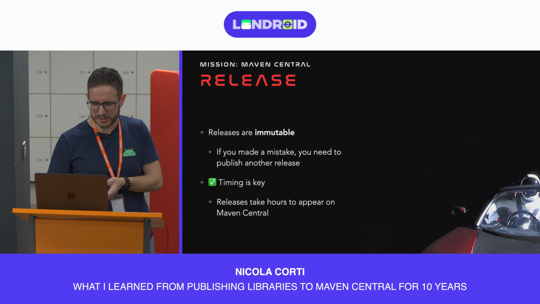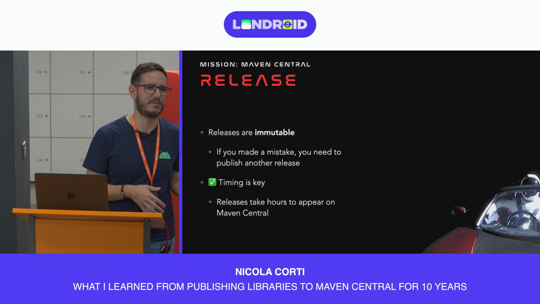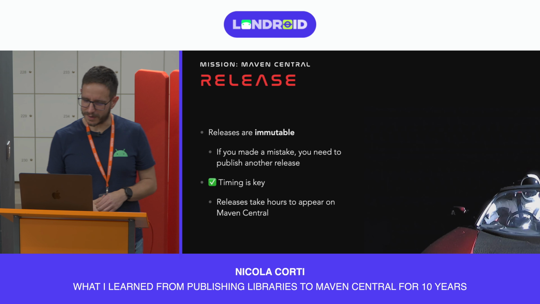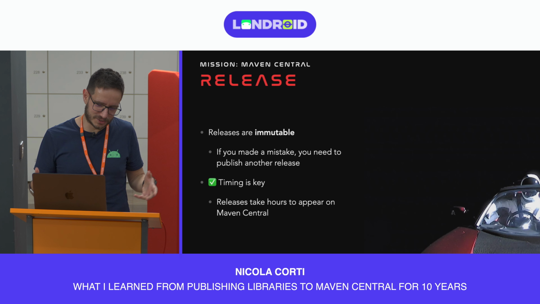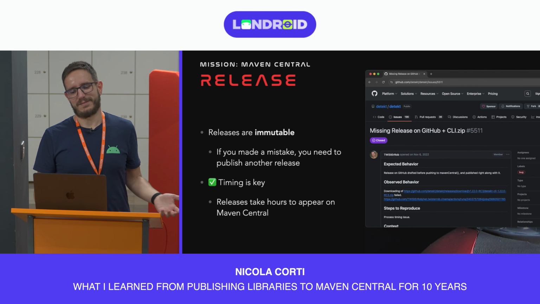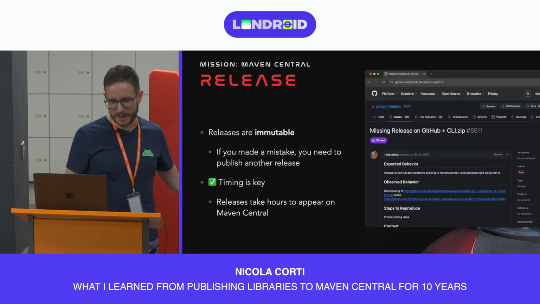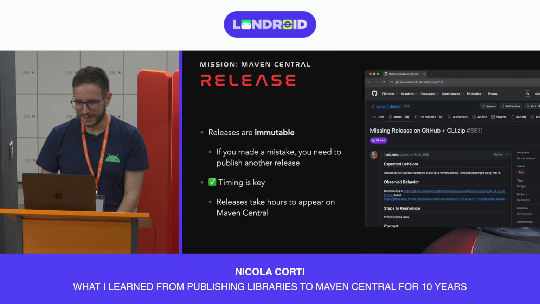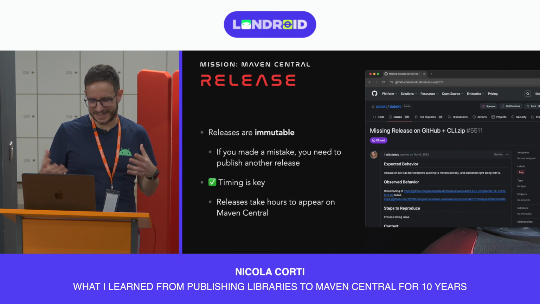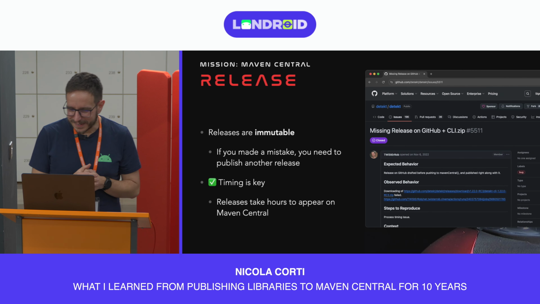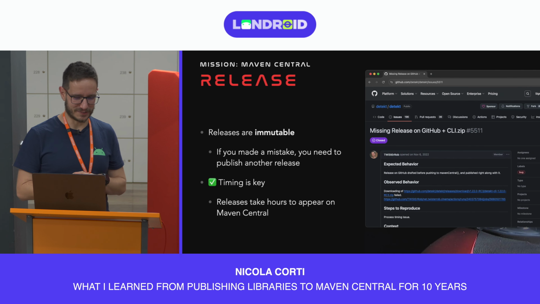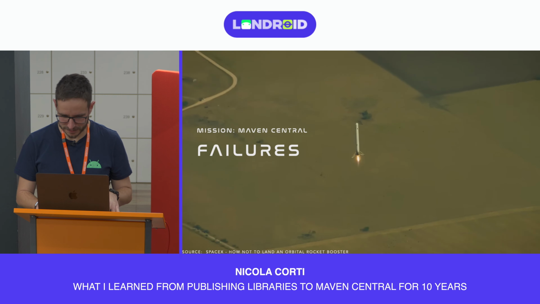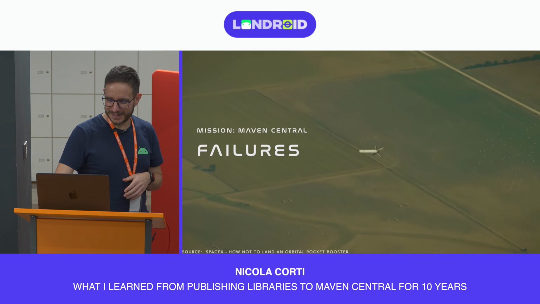One thing that I want to point out is that releases take hours to appear on Maven Central. Once you click publish, it takes a couple of hours. Try to synchronize your changes as much as possible. Not always easy. You will get people pinging you, hey, the release is on Maven Central but not on GitHub, or the docs haven't been updated. There are a lot of pieces to orchestrate, but timing is key when you do releases. Think twice before you click the publish button, because things can go wrong, and